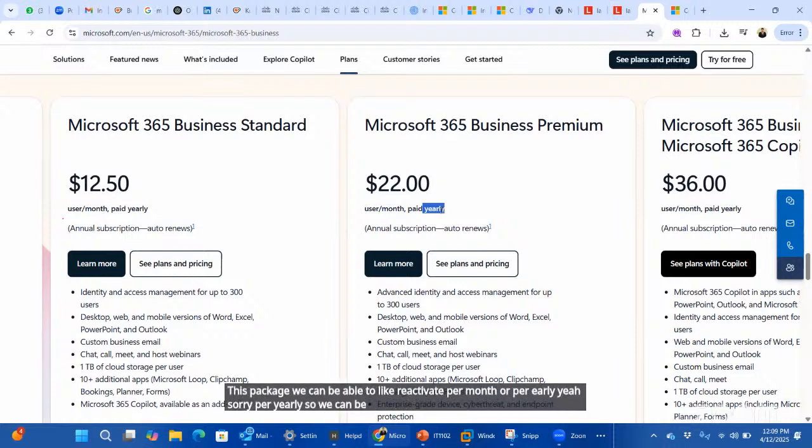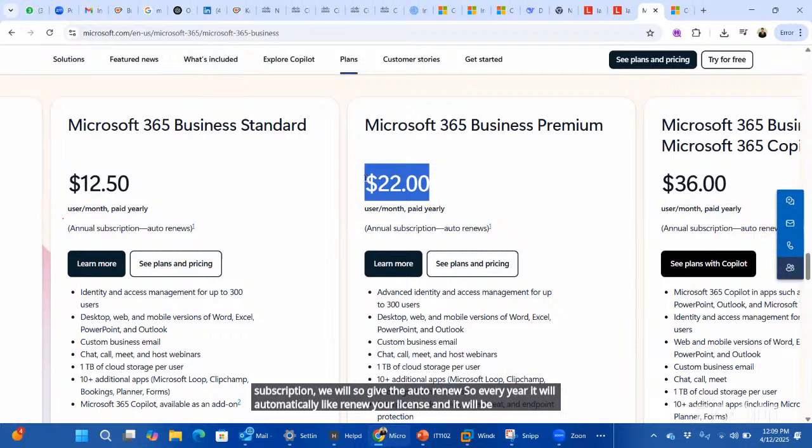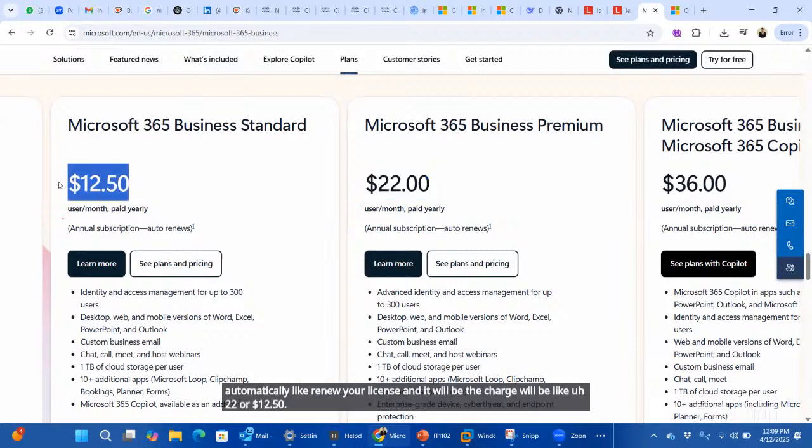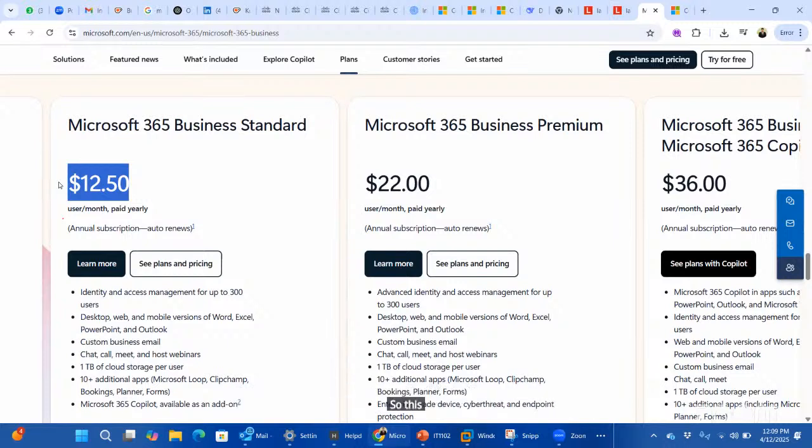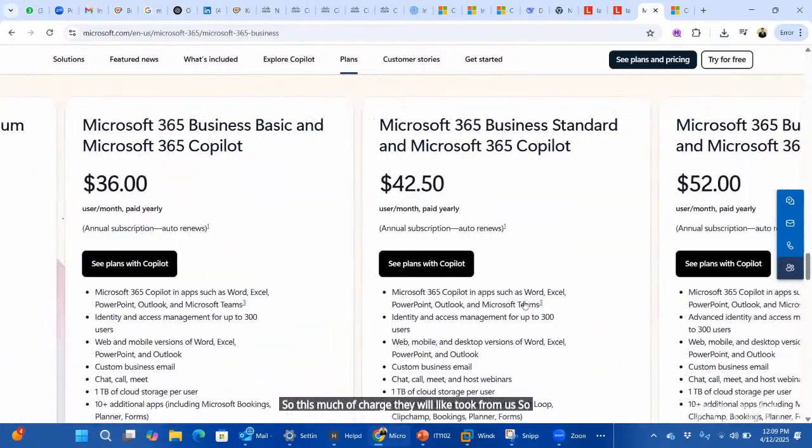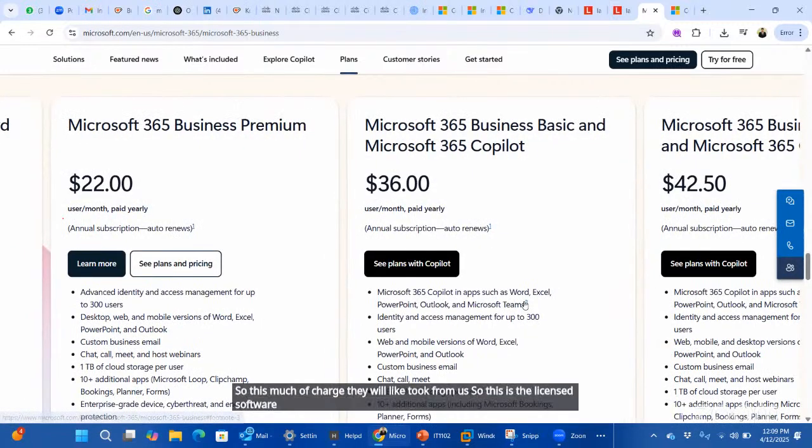We need to renew. If we are on an annual subscription, we will give auto renew, so every year it will automatically renew your license, and the charge will be $12.50. So this much of a charge they will take from us. So this is the licensed software concept.